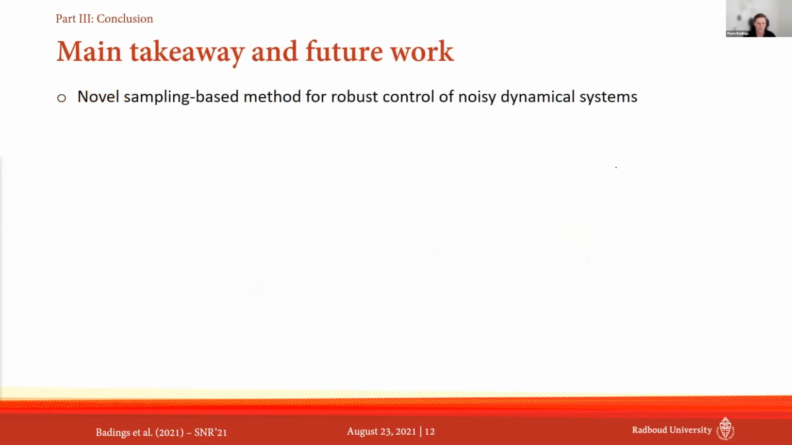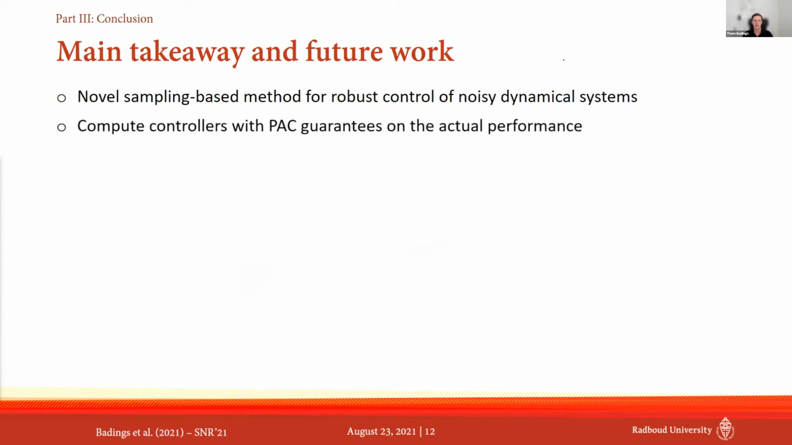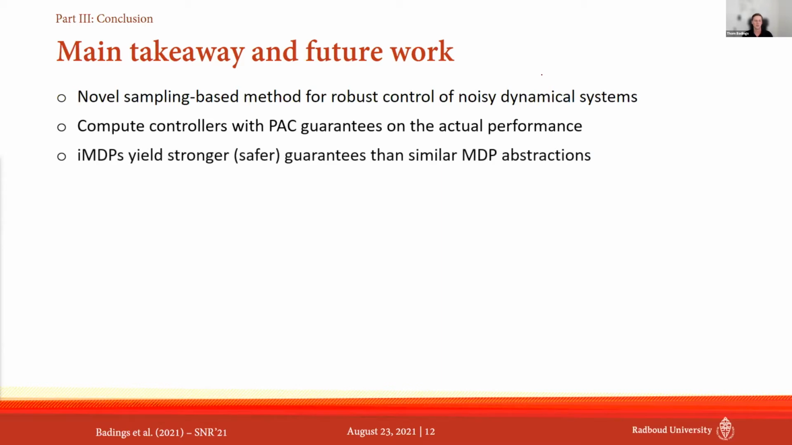All right, so to conclude, what are the main takeaways of what I talked about? We proposed a sampling-based approach for robust control of noisy dynamical systems. We use this method to compute controllers with probably approximately correct, or PAC, guarantees on the actual performance. And finally, we observed that interval MDPs yield stronger, or actually safer, guarantees than when we would use a naive